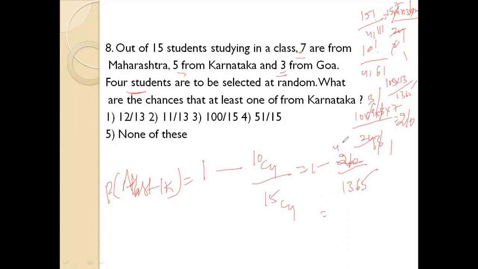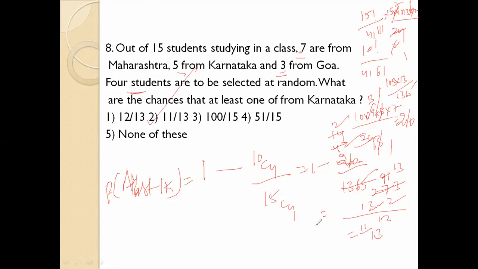Now 5 4 ja 20, 5 2 ja 10, 5 7 ja 35, 5 3 ja. 3 1 ja 3 4 ja. 3 9 ja 27, 3 1 ja. 7 2 ja, 7 1 ja 7 3 ja. LCM 13, 13 1 ja 13 minus 2. 11 by 13. 11 by 13 is the answer for this one.